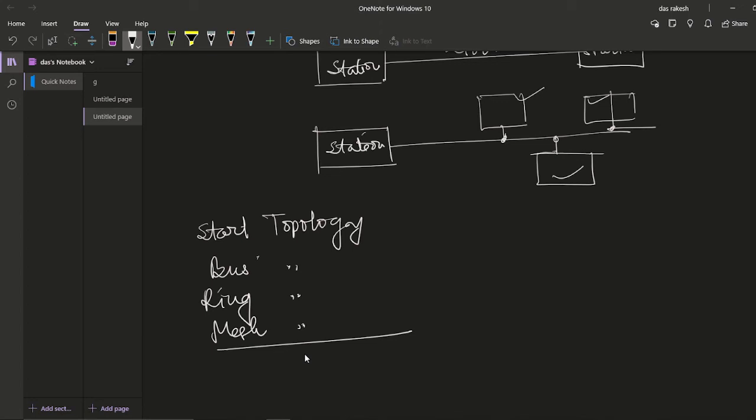So first one, what is a star topology? Basically this star topology is also known as centralized network, because there is one central server, and from the central server the data is flowing to another computer or a wireless node also. Either this direction or this direction, any one is possible. So these are the child nodes, and these are parent nodes in a star topology.